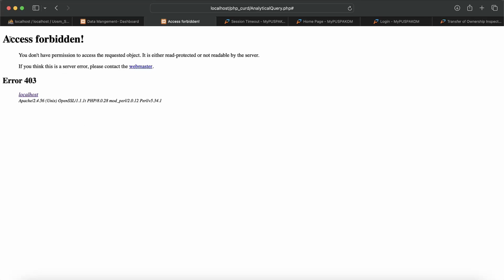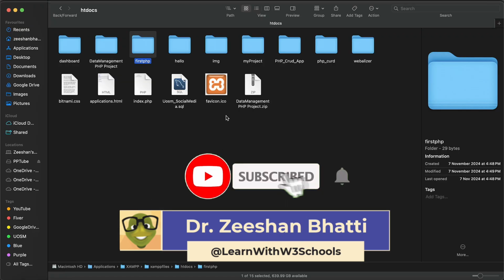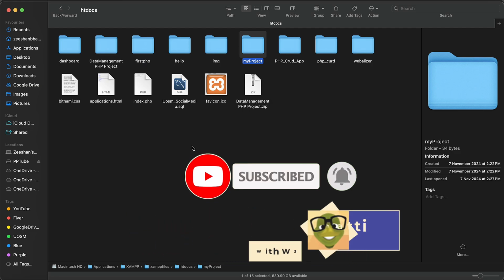Hi guys, ever come across this problem called access forbidden in XAMPP, using Mac specifically? Maybe sometimes in Windows, but Windows users encounter it much less. On Mac, you might find this problem occurs more commonly. That's because every time you jump into your htdocs and create a project, it does not allow you to